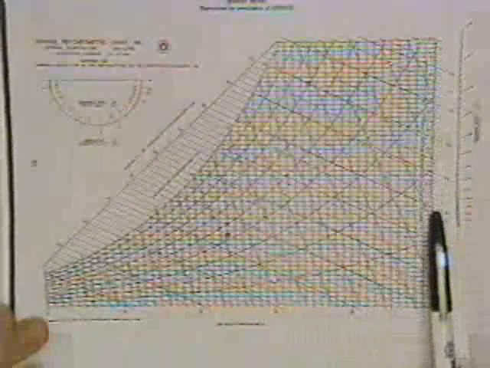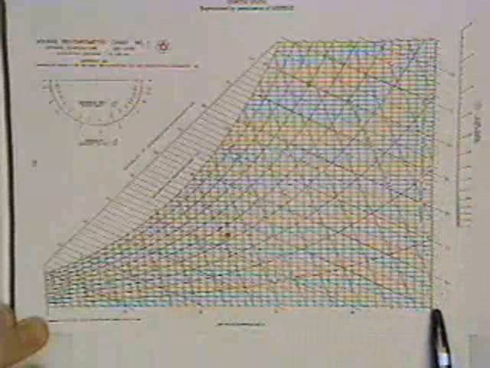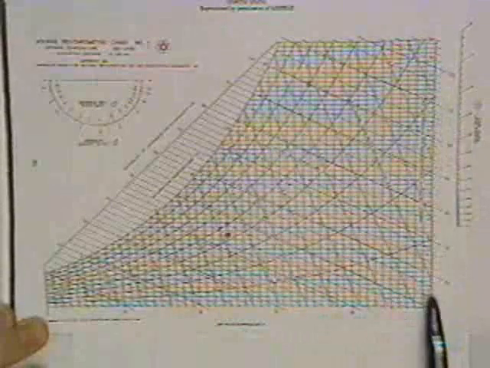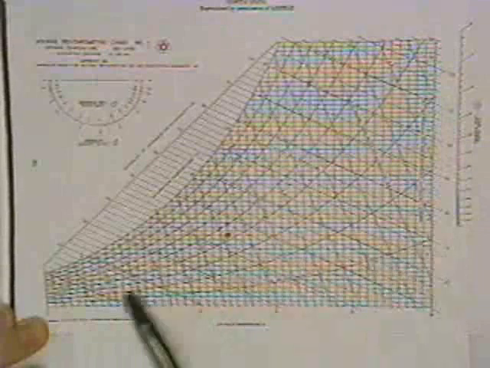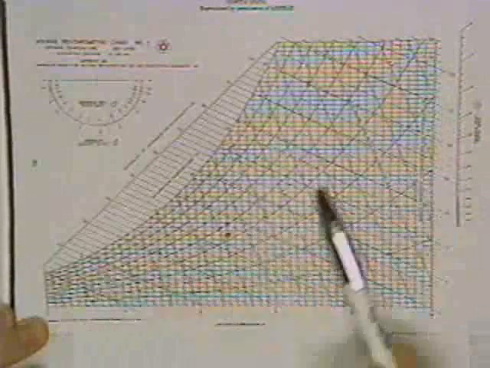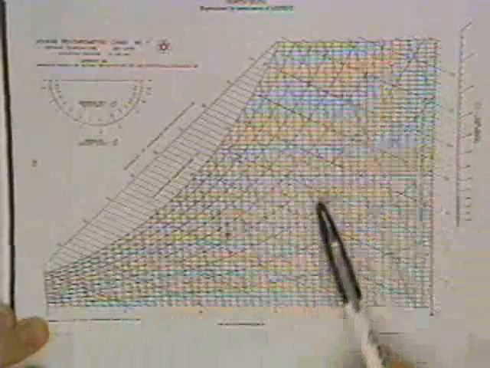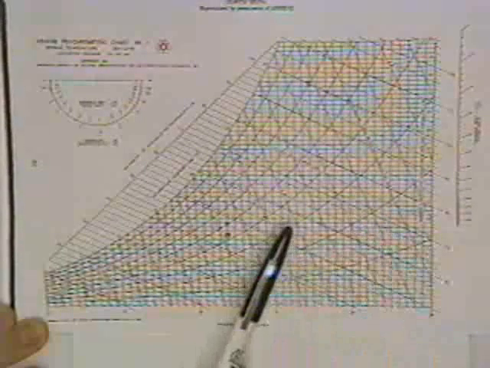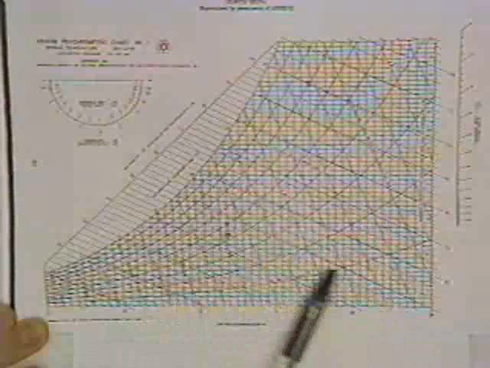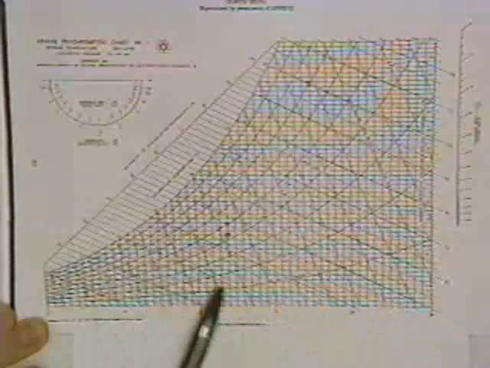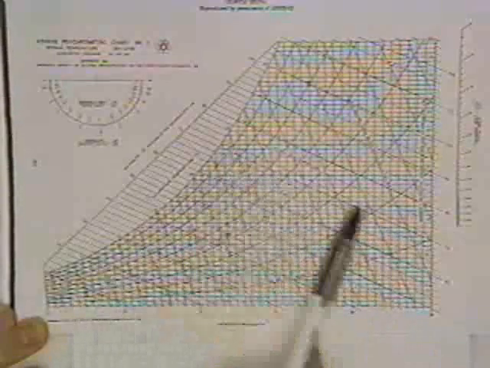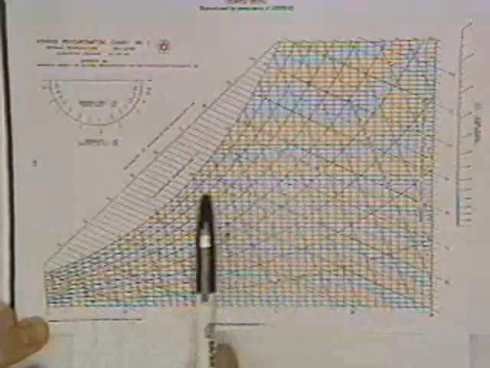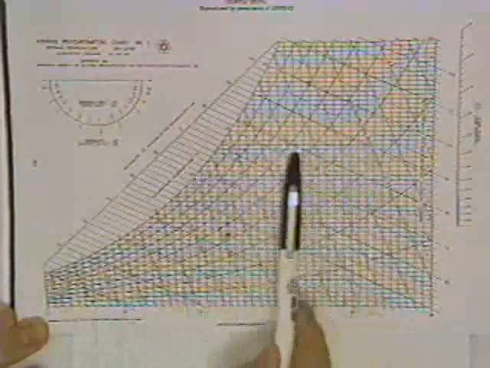Along this axis you have grams of moisture per kilogram of dry air. Constant relative humidity lines run in these directions here. All these curved lines are lines of constant relative humidity. These lines here are the wet bulb lines of constant wet bulb temperature, and then horizontal lines correspond to